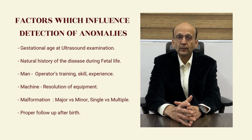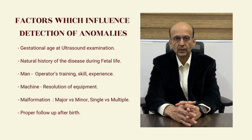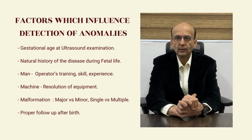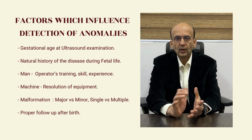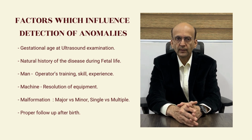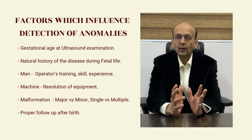What are the factors which influence detection of anomalies? Why is it not 100% sure? Why can we not detect 100% of the anomalies at this scan? Friends, it depends on the gestational age at the time of ultrasonography examination. Also, the natural history of the disease during the fetal life, the gestational age at the time a particular structure is going to develop,